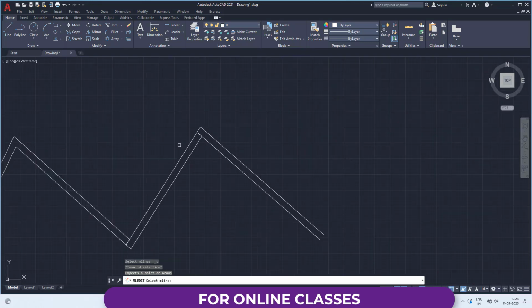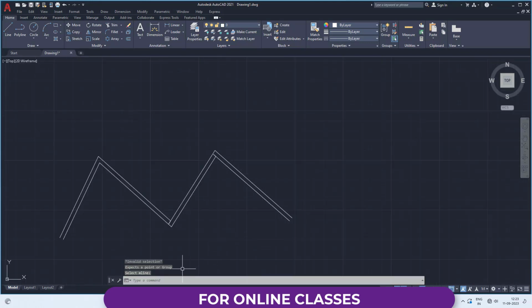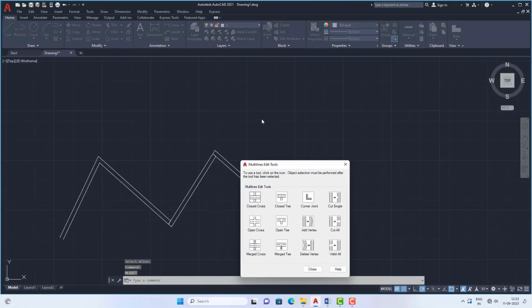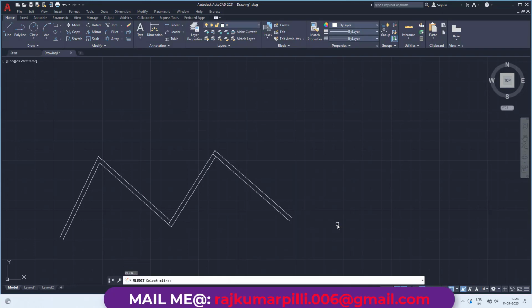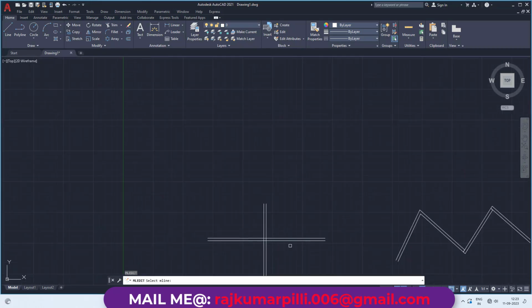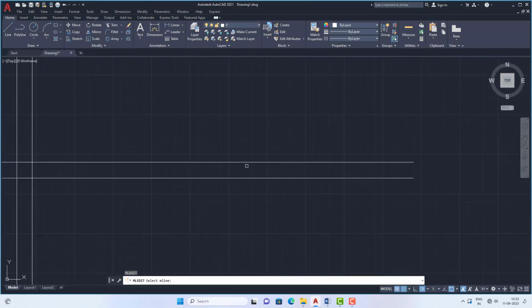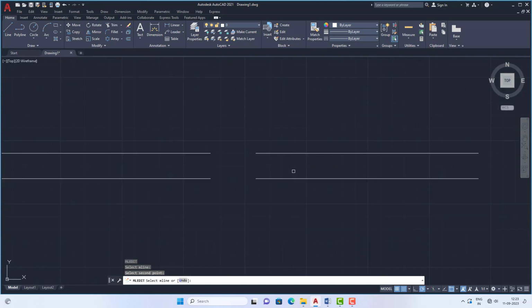Press enter and again press enter to activate the last used command. Now there is an option of cut all, and I am clicking here, and if you click this multi-line and it is asking you to select second point, I am clicking here. So before we have cut a single line, but in this there are how many lines in multi-line? Those lines all will be cut. See, and I am going back, Ctrl Z,